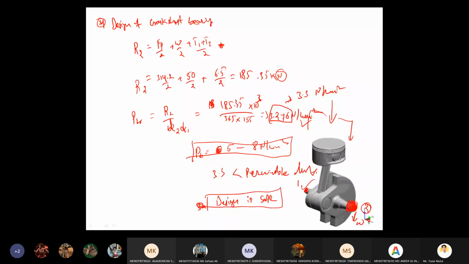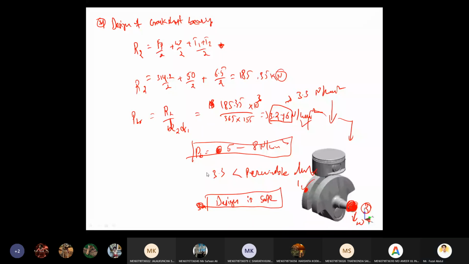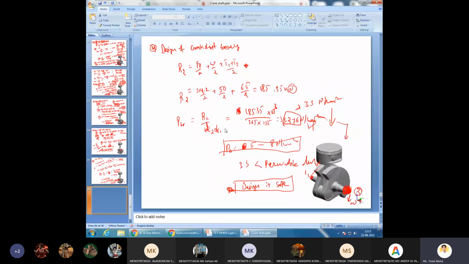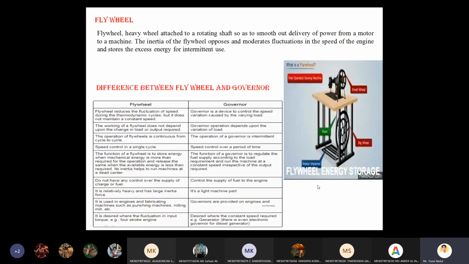right? So this is the chapter. This is the topic about the shaft, crankshaft, and next one in the fourth unit. The last topic you already studied in the dynamics of machinery subject, design of flywheel. So here, the same things are going to be involved that you learned in the